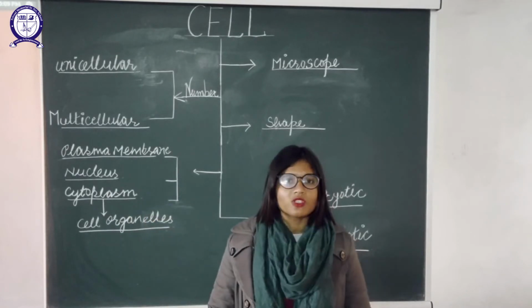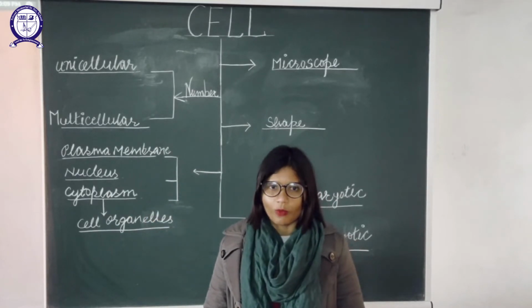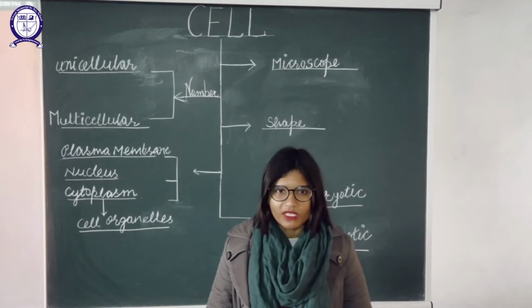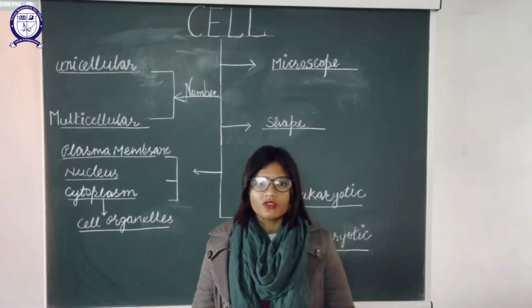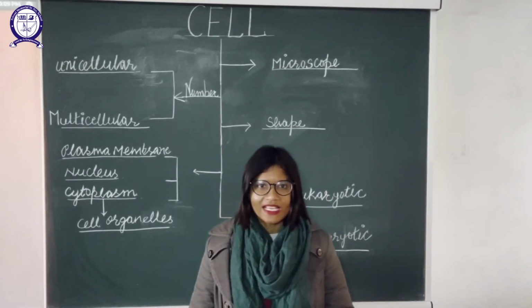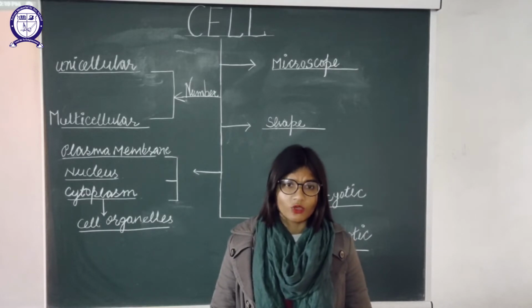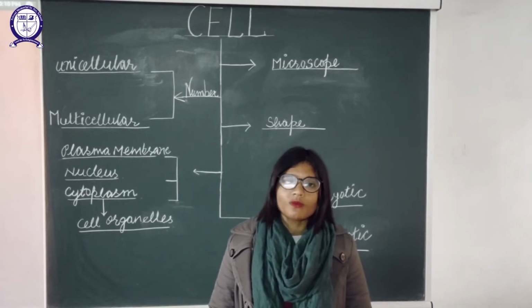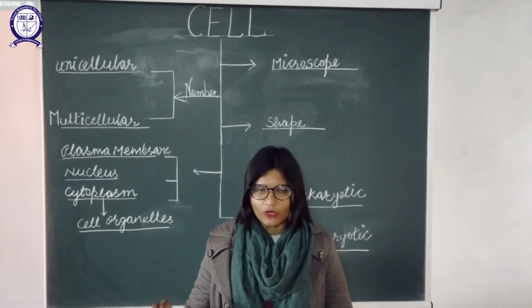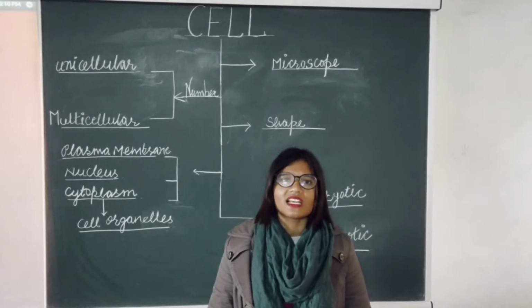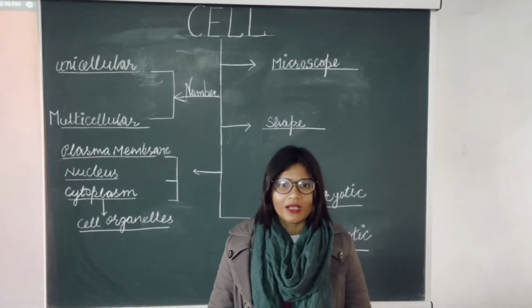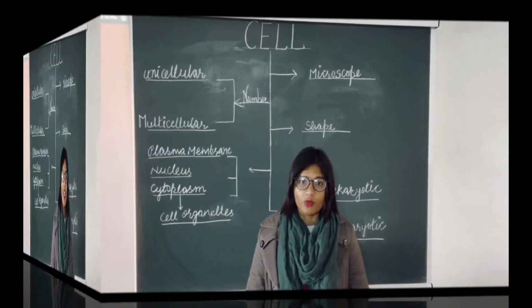What are those major important cell components? They are the endoplasmic reticulum, which is used for the formation of protein and for the packaging of the protein. Then ribosomes, which are embedded on the endoplasmic reticulum, synthesize all the protein. Then the Golgi apparatus, which is used for the transportation of the protein.